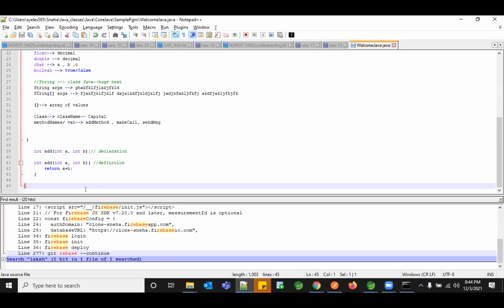Once you're done with this, let me know. Whoever is done, can you share your screen? Chaitanya, Kirba, whoever is done can share your screen.